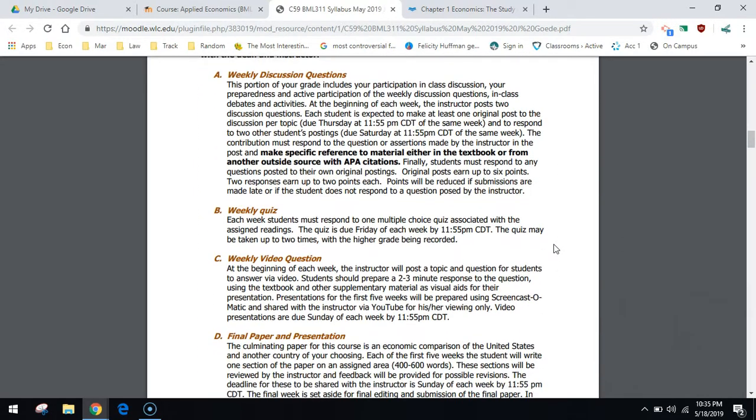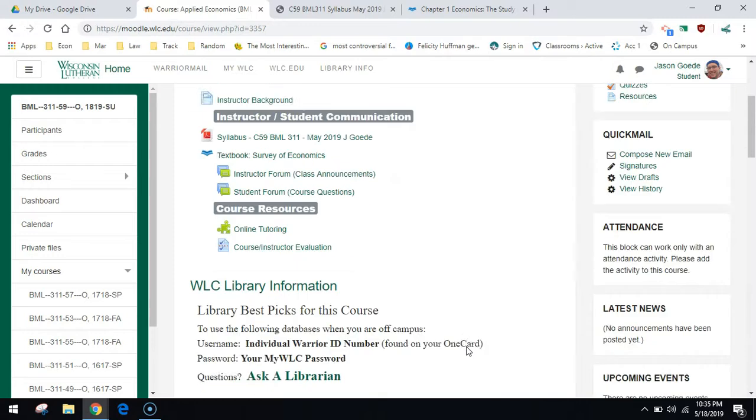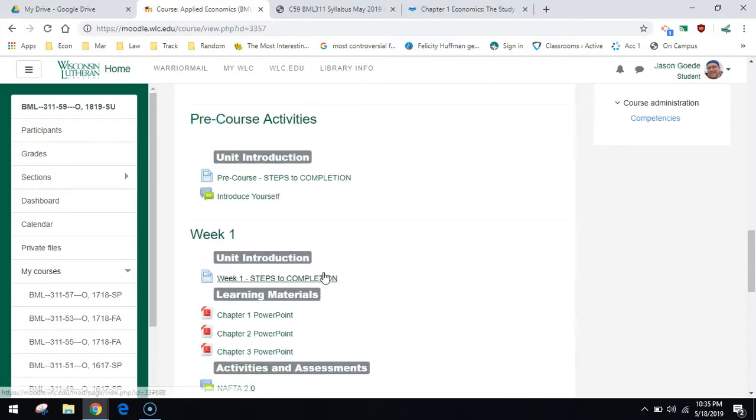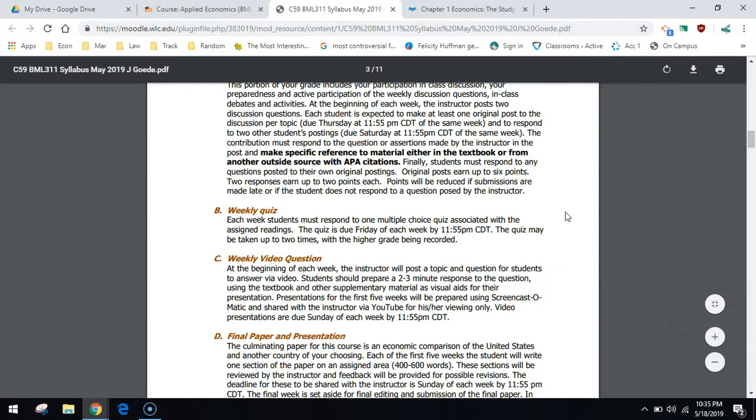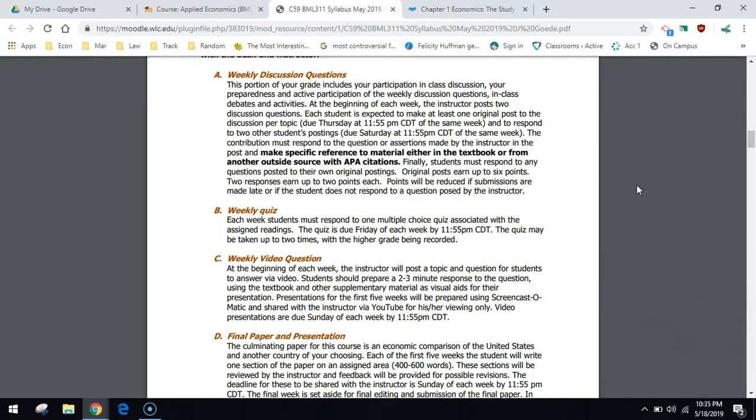You will see in the syllabus the rough outline for each week that is also highlighted each week in the steps to completion, which we'll get to here in a second. So for the most part, there are 2 discussion questions each week. Your initial posts are due on Thursday evenings, and 11:55 p.m. Central Daylight Time is our deadline for everything. The days of the week change, but the time doesn't. It looked like when I took a quick peek through the roster that none of you were Eastern time zone, so we should be okay there.